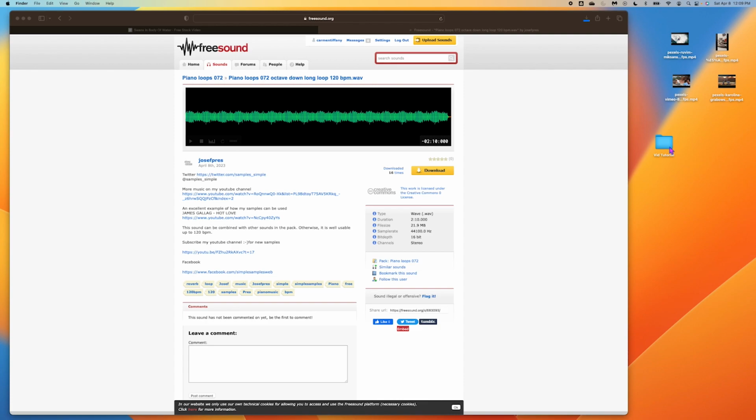You can do this on your desktop or somewhere else on your computer, but the best thing to do is all of the assets that you're using for your project need to all be in one folder. If you add assets later on, that's totally cool, but you need to put everything in the folder. So any extra clips that you might download or anything that you might use need to go in your project